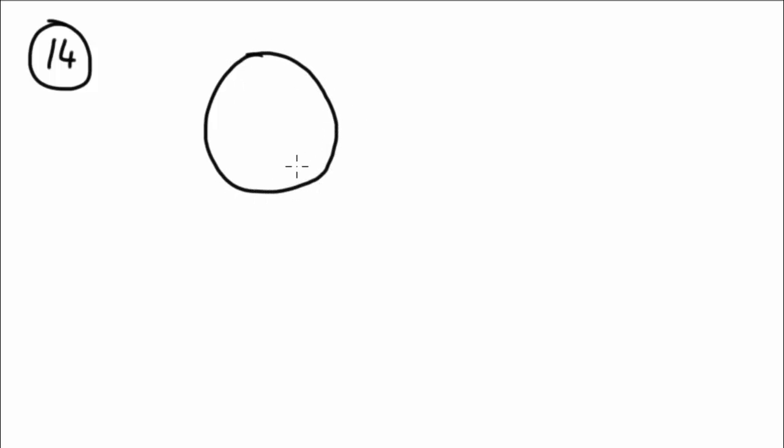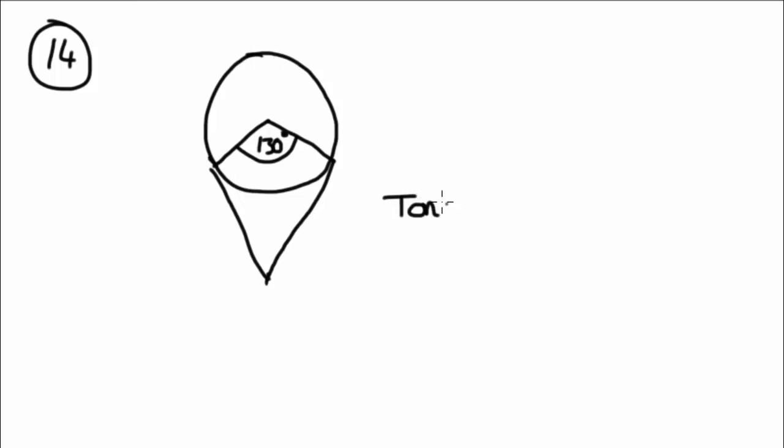Hey, question 14, might as well give it a wee go. Question number 14, this is me trying to draw a circle. This wee circle kind of looks like this. What you've got here is 130 degrees from there to there. And these are tangents, right? So we know, this is a tangent. And we know a tangent just brushes past the circle,